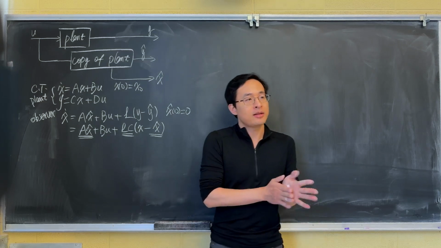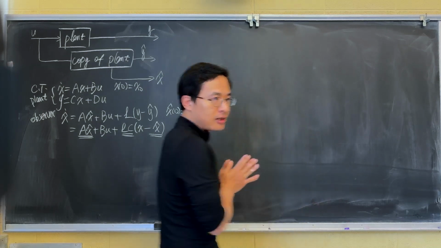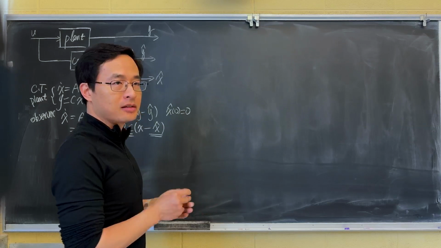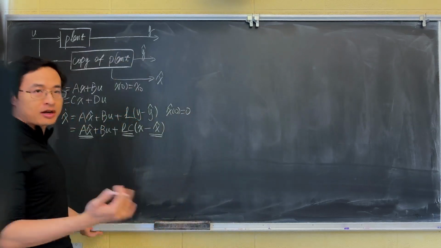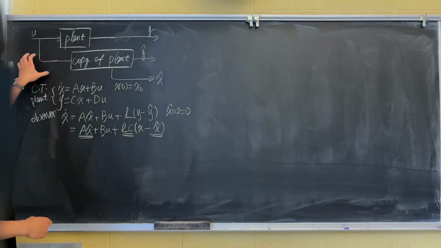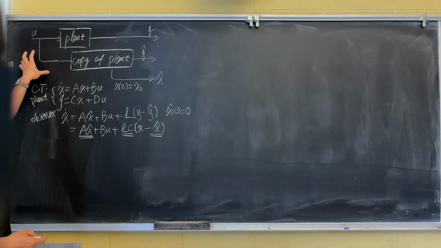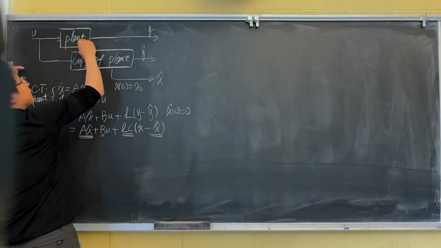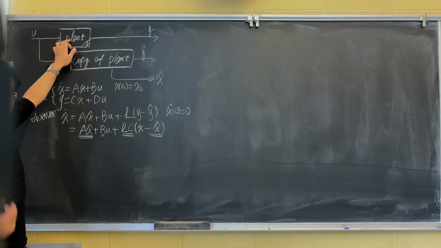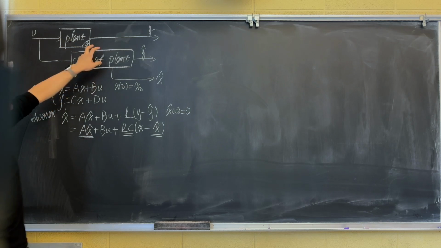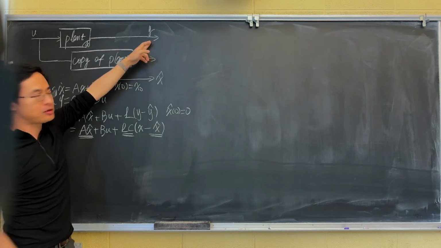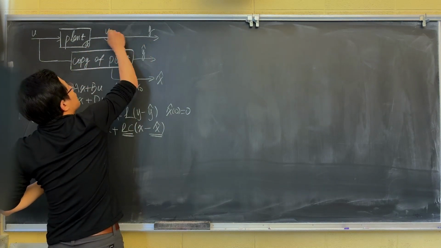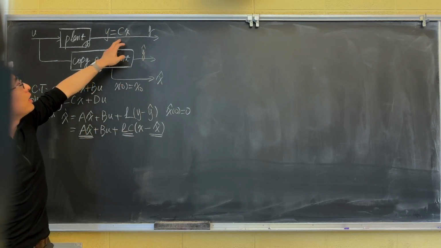Okay, hey everyone. Let's take a look at the big picture of observer designs, which is the topic that we started last time. Observer design is the concept that having the state of a dynamic system gives you amazing power in terms of control design. But the reality is you only get the measurements, which is not directly the state, but is a linear combination